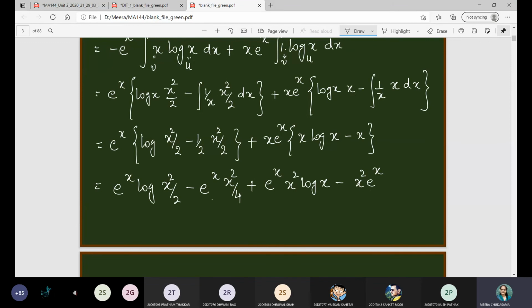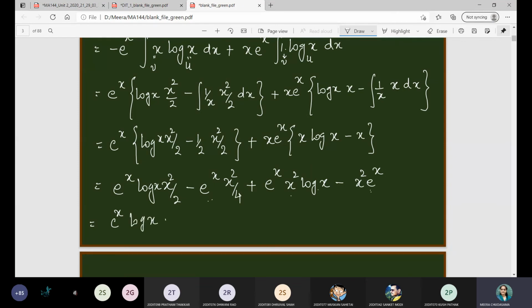So this quantity will be simplified with this one, and here also you can see e raised to x square log x, and here I forgot to write x. This is e raised to x log x and x square quantity is there. So this will also be simplified with this one. So you can see e raised to x